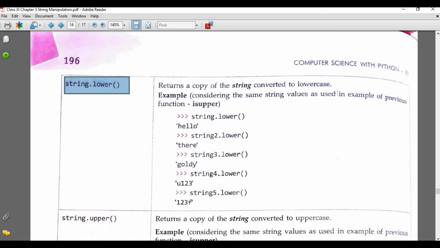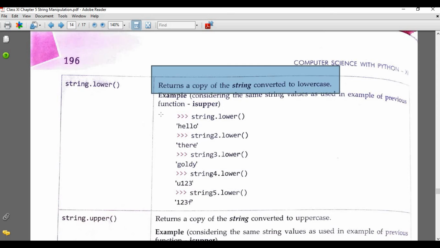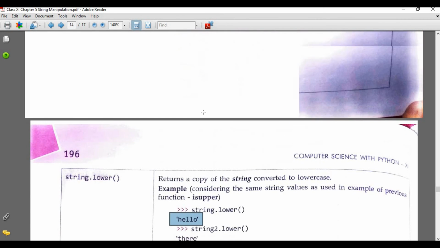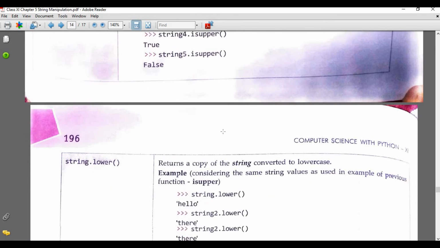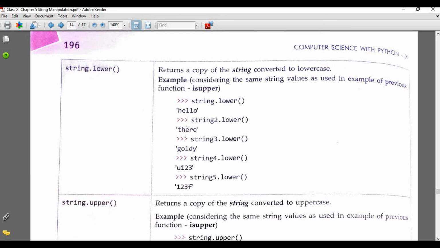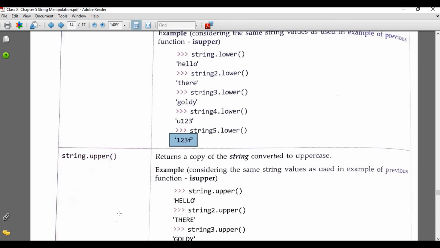It returns a copy of the string converted to lowercase, meaning uppercase to lowercase. So string dot lower will convert HELLO, which is written in capital letters, into small letters. Similarly, the others: Goldie is converted to lowercase, and U 1 2 3 is converted to lowercase. Similarly, 1 2 3 f: f is already in lowercase, no problem. When we use the lower function and the string is already in lowercase, nothing will change; it simply stays the same.